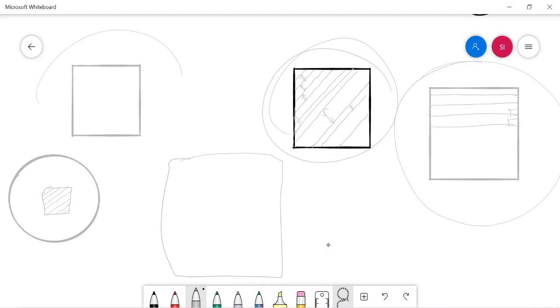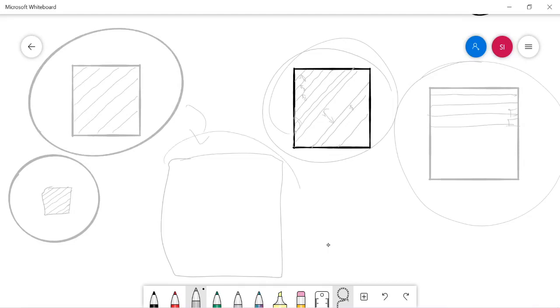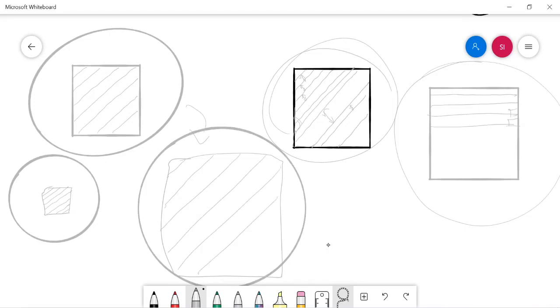If you want to hatch this, you can adjust the distance to be somewhat bigger. If this is the surface you need to hatch, you can increase the distance between the hatch lines. So the distance between the parallel lines is based on the overall size of the area to be hatched.